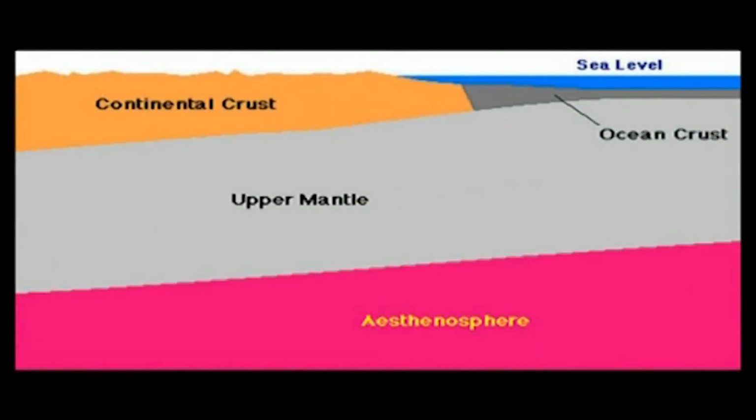This zone is composed of hot semi-solid material which can soften and flow after being subjected to high temperature and pressure over geological time. This rigid lithosphere is thought to float or move on the slowly flowing asthenosphere. This diagram shows the position of asthenosphere in the interior of Earth. It illustrates the location of asthenosphere approximately 100 kilometers below the surface and 60 kilometers below the continental and oceanic crust.